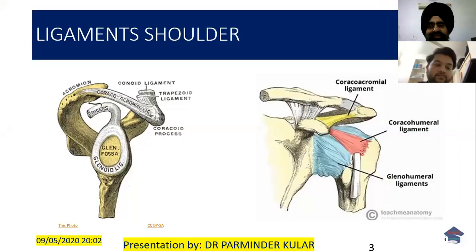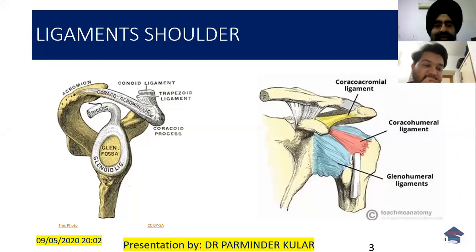So this is the basic anatomy of the shoulder. It is a ball and socket joint between the glenoid and the head of the humerus. The head of the humerus is a little bigger in relation to the glenoid. So this makes the shoulder a slightly unstable joint, and at the same time a very mobile joint. We get a great range of movement at the shoulder. When the joint is unstable, it has to be strongly supported by the ligaments and the muscles around it.